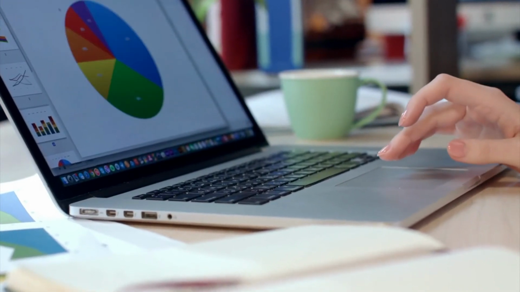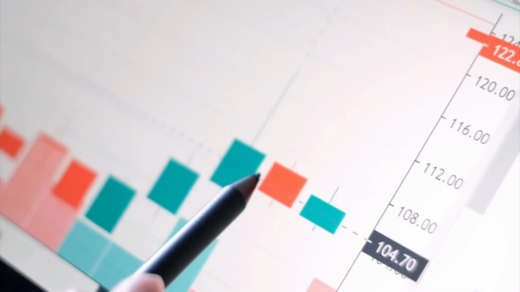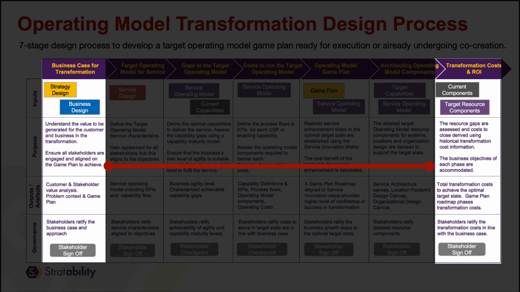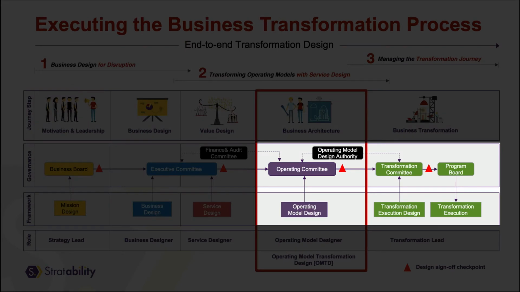And based on the size of the gap, we'll be showing you how to break up the transformation effort into phases, and how these phases are going to align to the different business objectives that were originally defined in Stage 1 and Module 1 in the overall game plan. So you'll be updating the game plan roadmap with these complete transformation costs to create this detailed final output, which